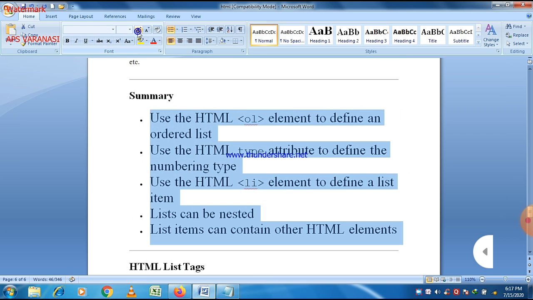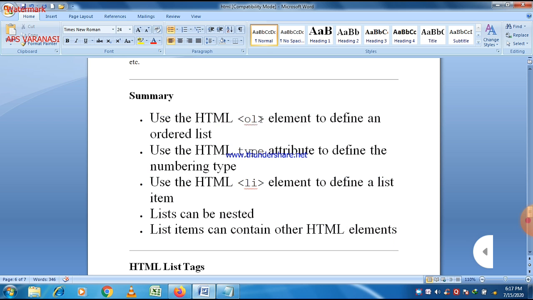And here you can see that this is a summary of this chapter. Use the OL element to define an ordered list, and use the HTML type attribute to define the numbering type, and use the HTML li element to define list items, and a list can be nested.